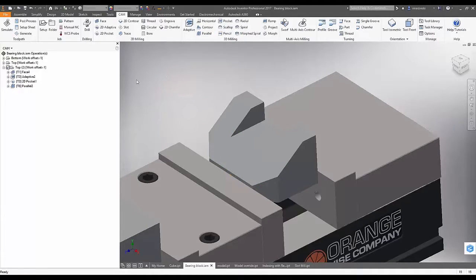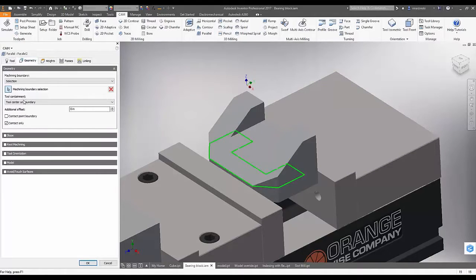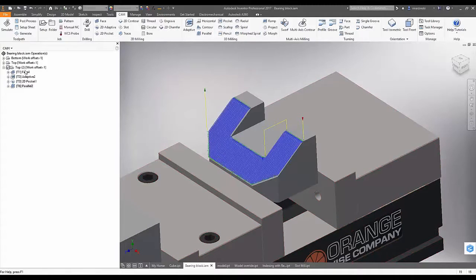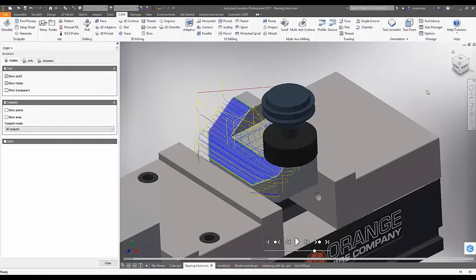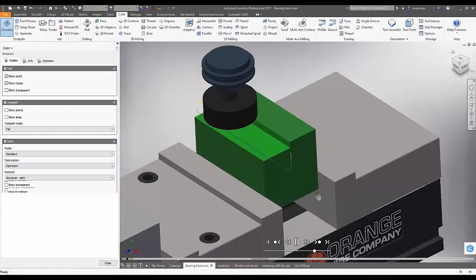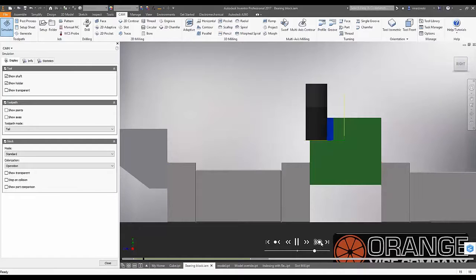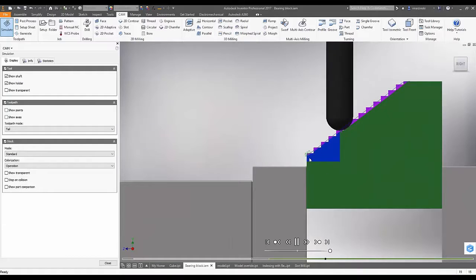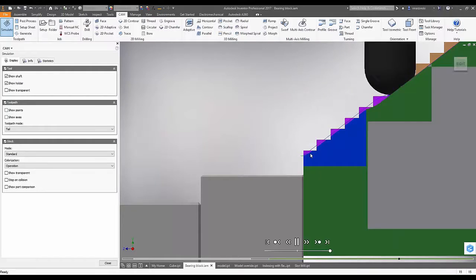So let's just say, okay, initially, and I should have pointed that out, the tool containment currently was set to tool center on boundary. And it might look good in this view. However, if you simulate that out, what you're left with, let me just get my stock turned on here. And I'm just going to jump to that operation. And so what you're left with by doing that tool center on boundary is the cusp from the angle or